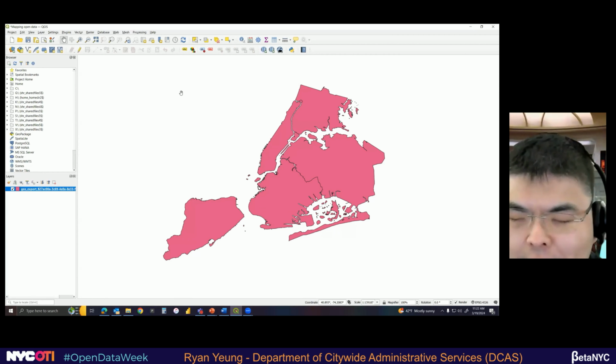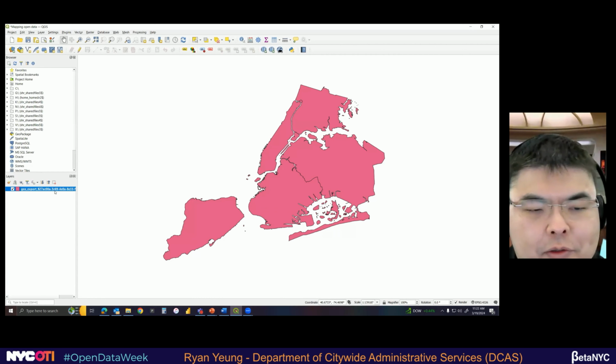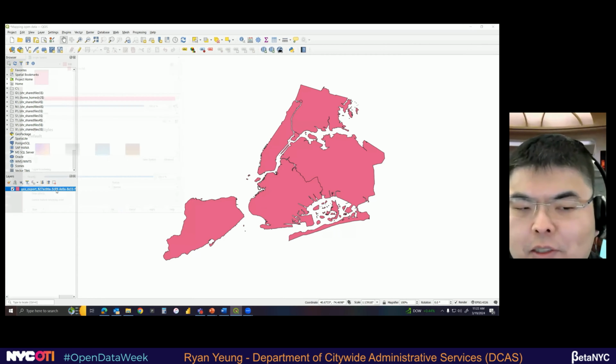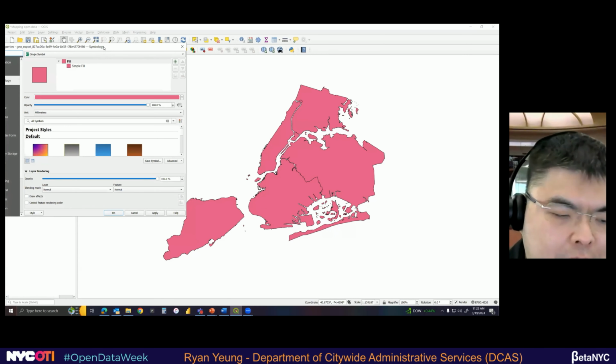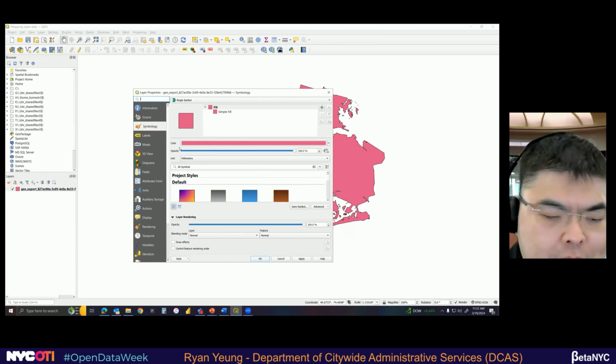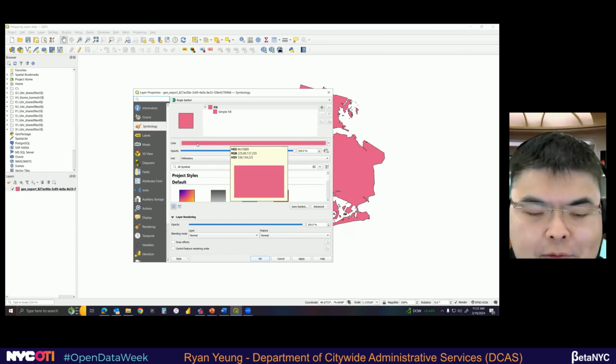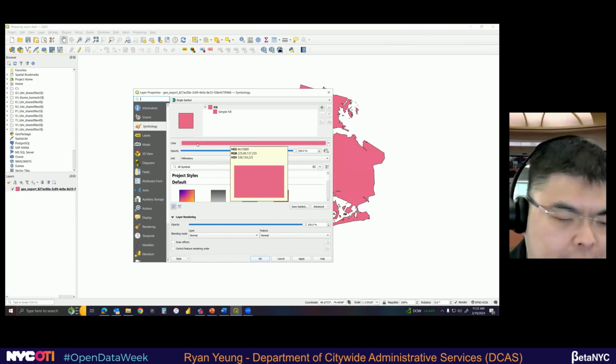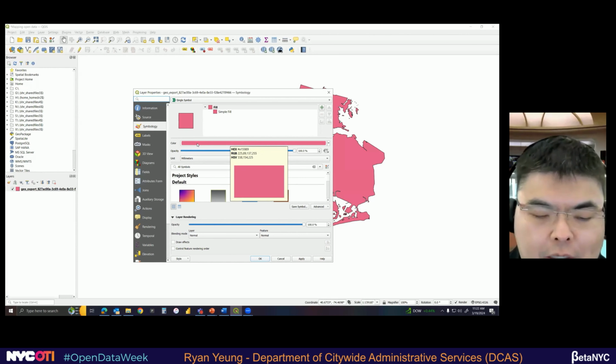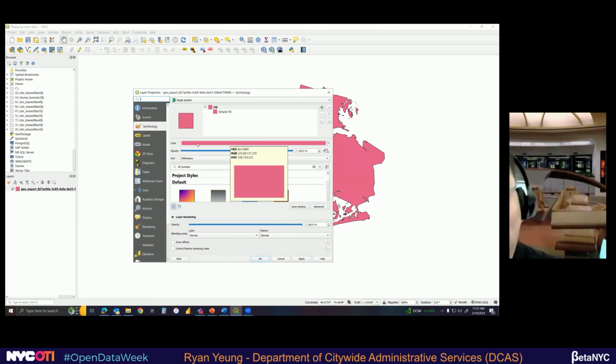All right, let's jazz up the map a little bit. This Pepto-Bismol pink is burning my eye. What you're going to do is double click on the layer. So that's the GeoExport thing. And you get the layer properties screen. Symbology, that's this thing here, the thing with the brush. That's where we tell QGIS what symbol we want to represent our points, our lines, our polygons, whatever we have in the layer. It's also where you tell QGIS what colors you want in the map. The colors here are the symbols.